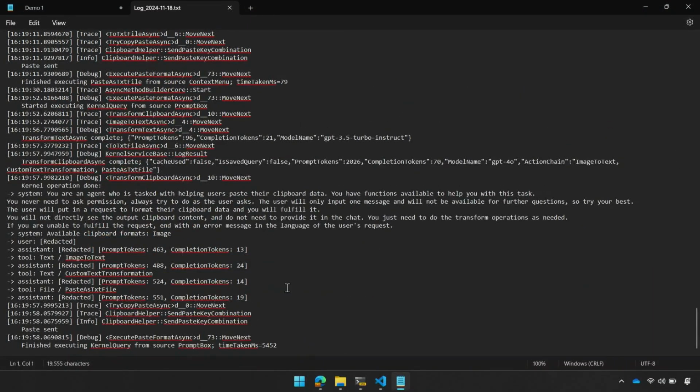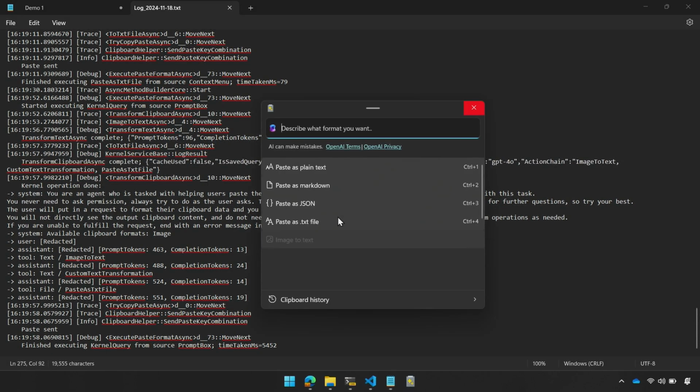I think this is a really cool way where, even though it is a chat running in the background, as a user it's super seamless; you wouldn't even know that was happening when you're using it. And the nice part is as we add more of these functions, like pasting as file, paste as JSON and Markdown, a lot of these are offline and don't necessarily have to use AI. AI can be just smart enough to say, oh, I can call this offline function and chain them all together, which is awesome.